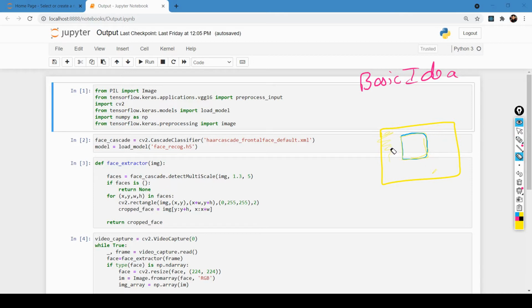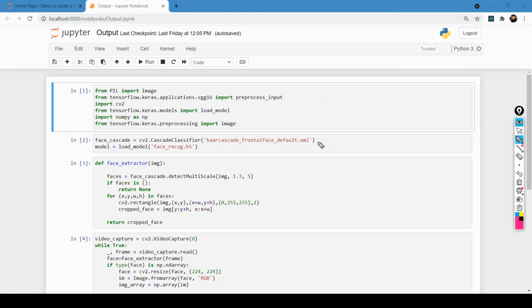So here also we have to do the same thing, right? Suppose we have this cropped image. We have to pass our cropped image for testing as well. So it is the same code, the face extractor. If you remember, in our first video, while capturing the images. So try to understand. First of all, we have to import our necessary libraries, like load model, because we are going to load our model over there, and numpy as np to convert our image into an array. Remember that.